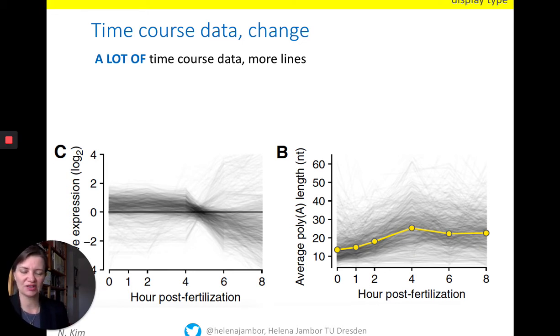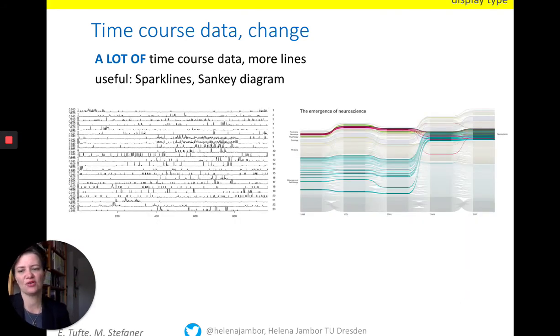What works really well here is that the group decided to make very thin, almost transparent lines. While we cannot see individual data points at all, what we are able to perceive is a general trend in the data. So if you have a lot of lines and you just want to get across what overall is happening, then you can use such an approach. An alternative approach is shown here